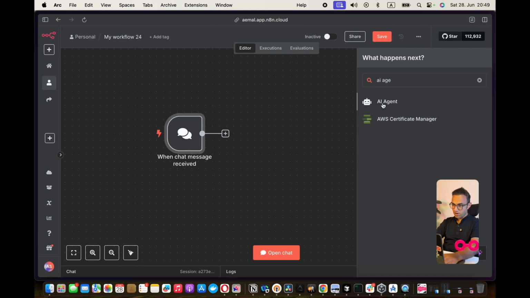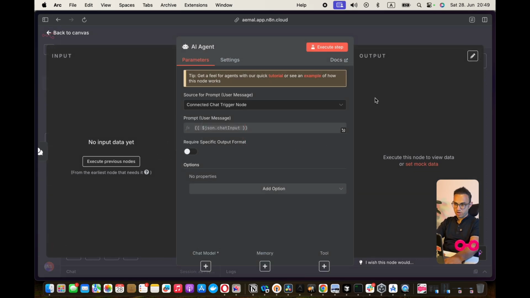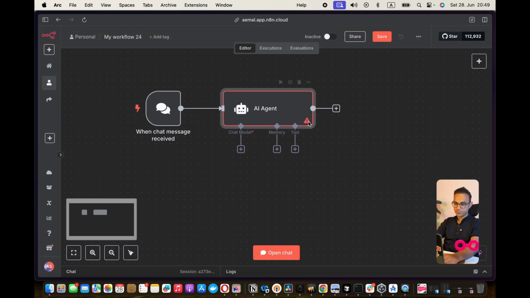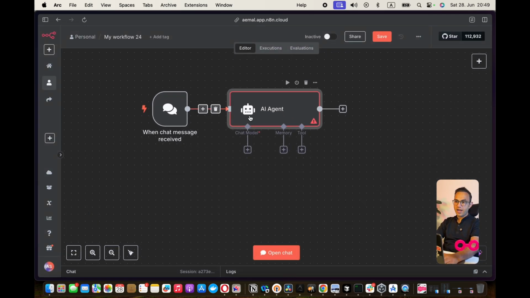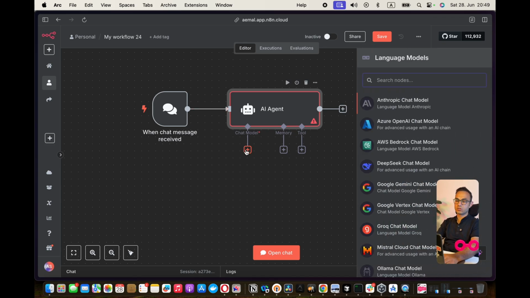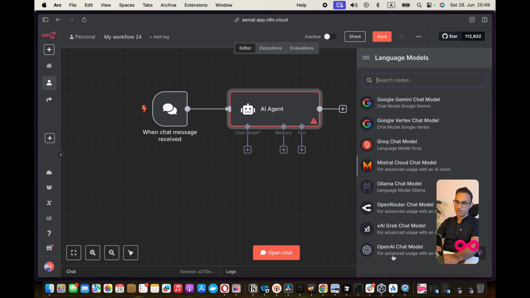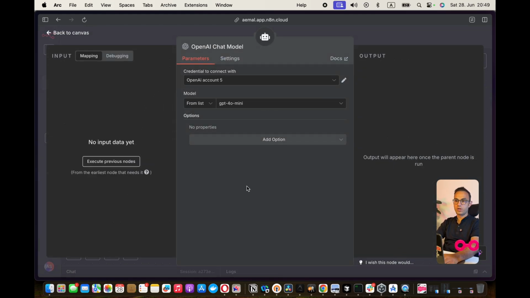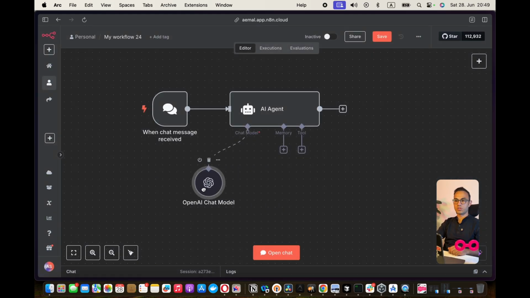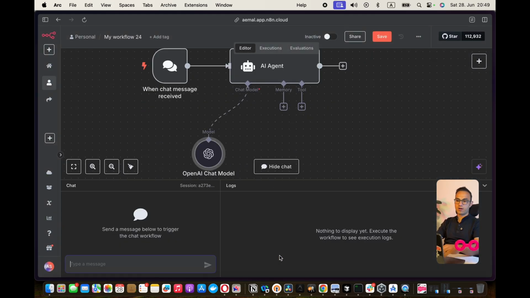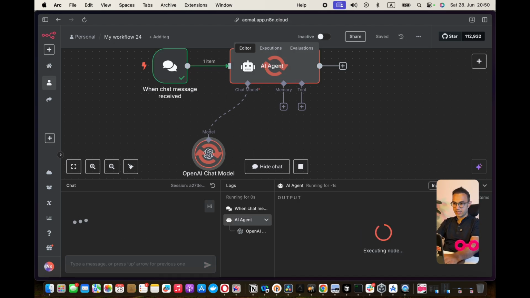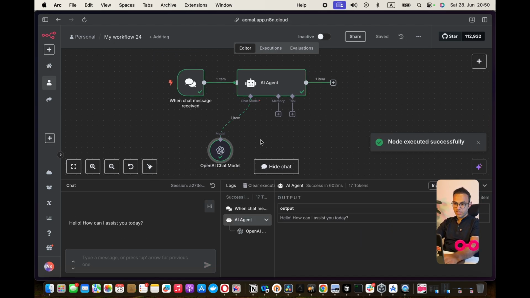Alrighty, so therefore I'm adding just one of the 480 called AI agents. And this AI agent needs to have a model. And now if I click on model, you can see all the available models. I'm going to open OpenAI's ChatGPT 4o mini. Now I can literally chat with this. You can see that it is running. It is giving me some output.